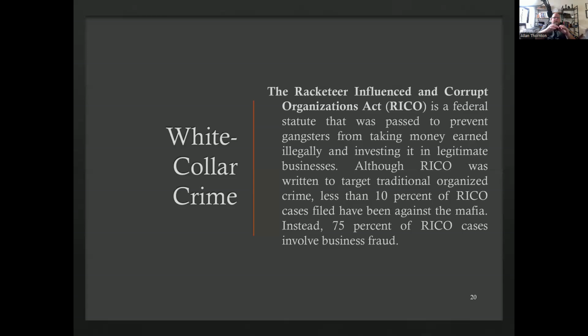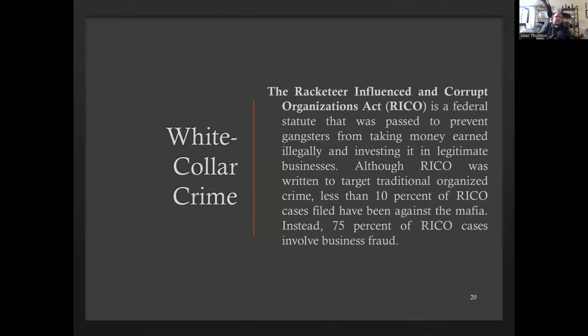And normally, how RICO will work is they will arrest 50 people at the bottom level, so many people mid, so many people at the top, and then some leader. They'll bring an indictment against everyone. And basically, what they want to do is fold each of those bigger sections on top of that smaller section until they can get to the person at top and bring criminal charges against them.